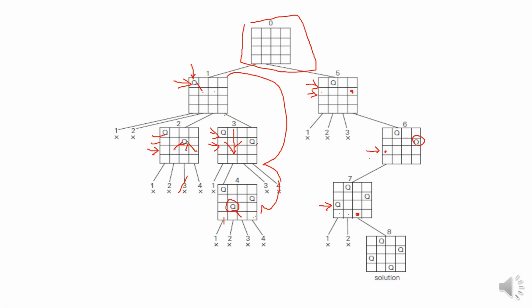So, further I will get it as: queen 1 in the first row, second column; queen 2 in the fourth column; queen 3 in the first column; and queen 4 in the third column. We are done because we had only 4 queens and all the 4 queens are neatly placed, and this is your solution. Now you can see here node numbers are given.